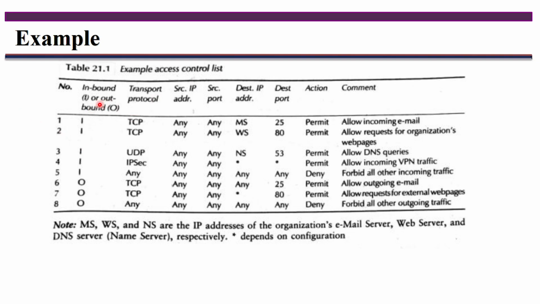So as I told, here you are using the concept where I indicates incoming packets and O indicates outgoing packets, and the protocols, which type of protocols you are using for making communication, and source IP address, source port number, destination IP address, destination port number, and action here. And here you are using the destination IP address as MS.